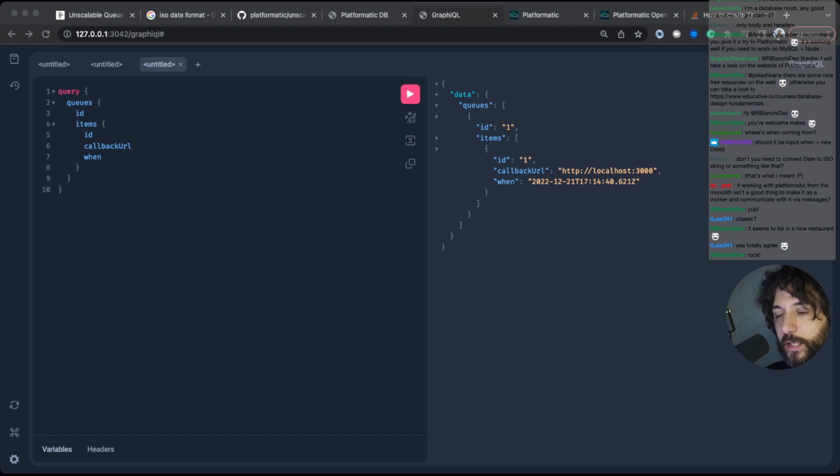I just need to find my API key for Platformatic, and that I cannot stream. Let me give me a second, hopefully it's in my notes here. I didn't save it anywhere. Fun. Okay, I'm going to create a fresh one: API key, generate new API key, copy it.